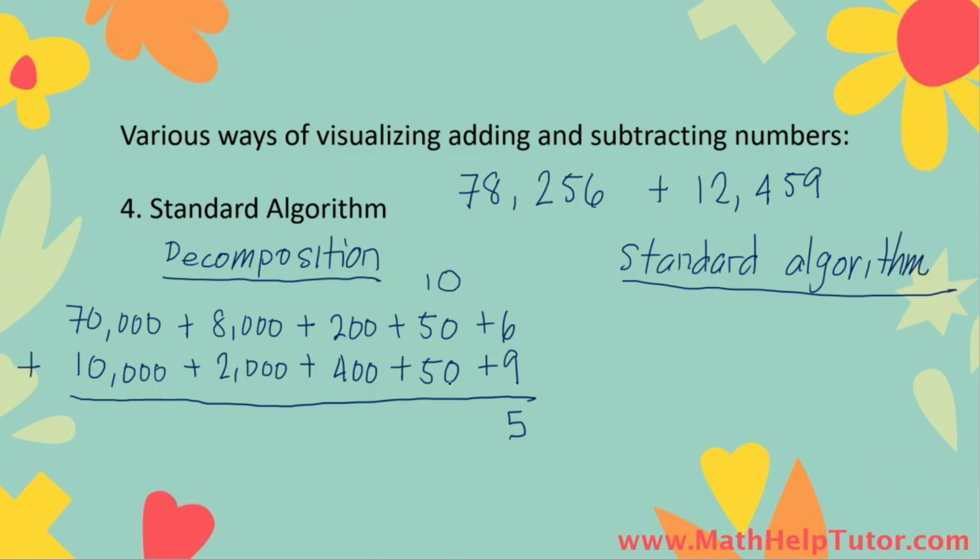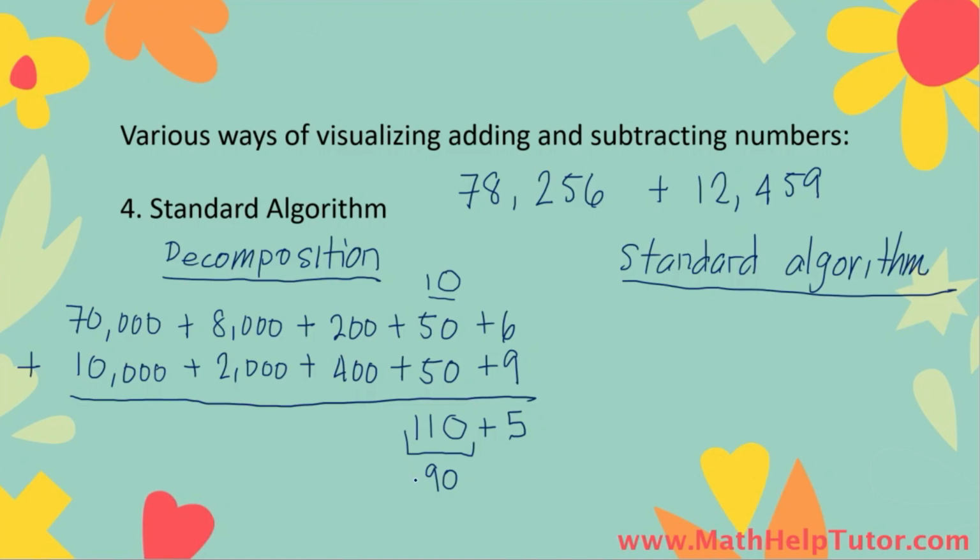So 50 plus 50 is 100, but we have a 10 over here that's carried over from the ones place. So 50 plus 50 plus 10 gives us 110. But again, this is not possible because the maximum value that the tens place can have is 90. And we cannot have a value of 110 in our tens place. The only values allowed here would be from 0 to 90, or the only digits allowed would be from 0